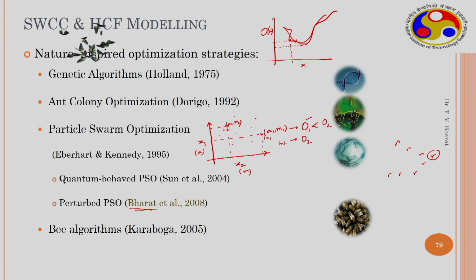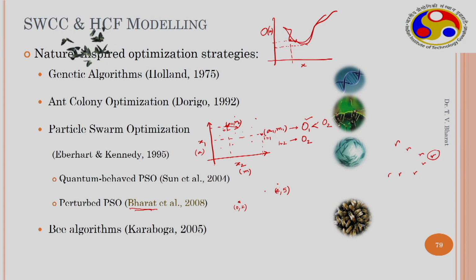So what you could do is make this particle move in this direction. One possible way of doing that is, for example, you have one particular particle here at a distance, say, 0 and 2, and another particle. These solutions are called particles. It could be birds also. Here is another particle, located at, say, 4 and 5.